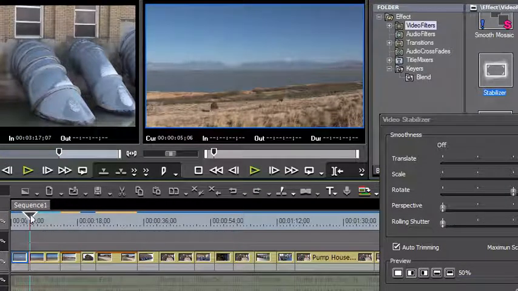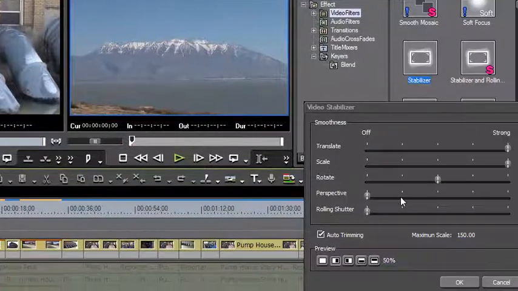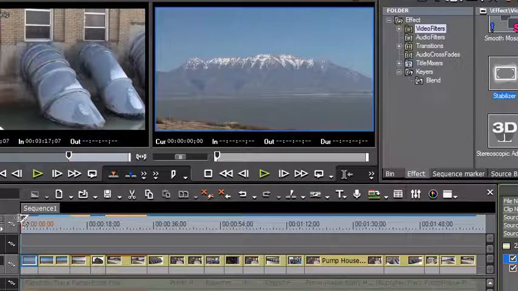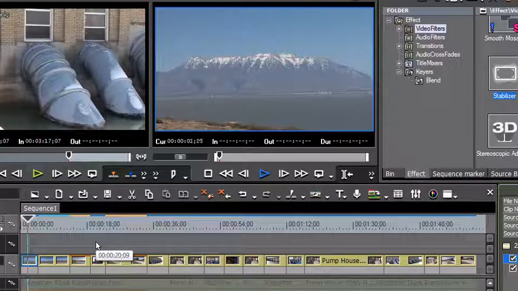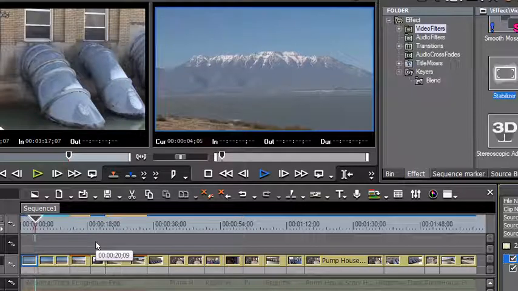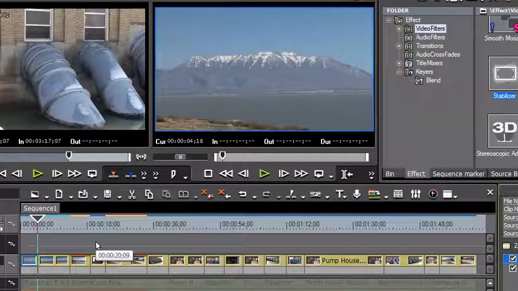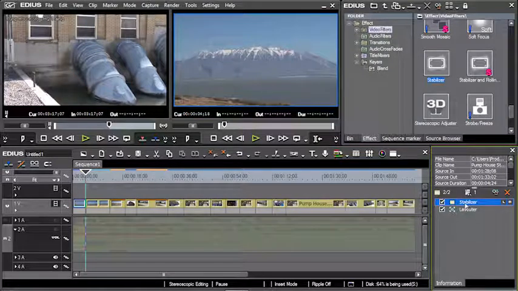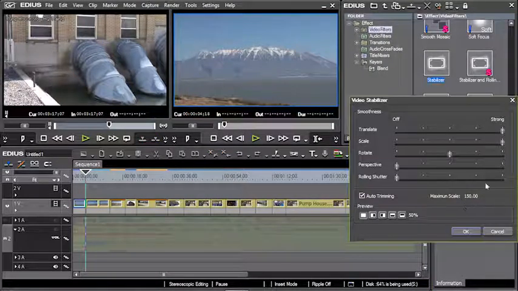So basically, if I'm going to sit there and say, okay, I'm going to crank both those up right there, go back to my preview full, and select OK, you can now see there's still a certain amount of movement in it, but that movement is much smoother than it was before. And so depending upon what happens, and let me just open this up again, but depending upon